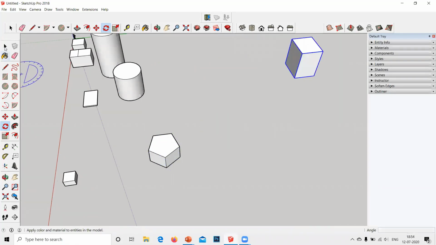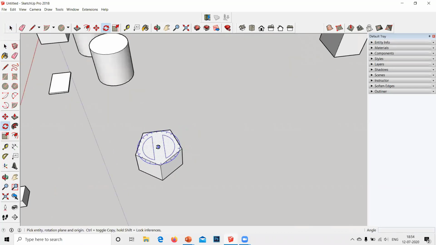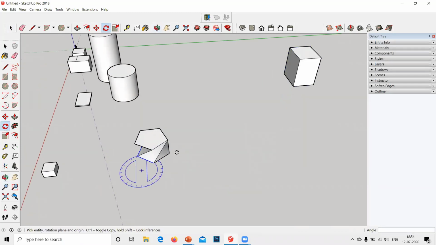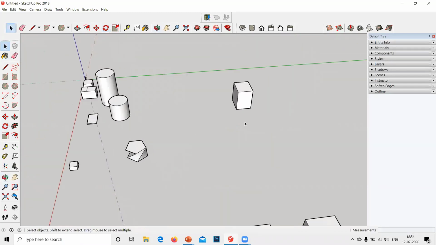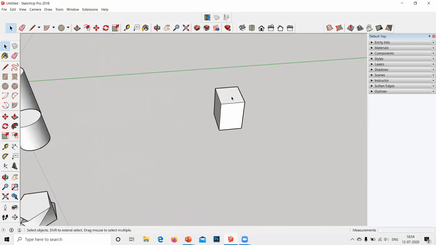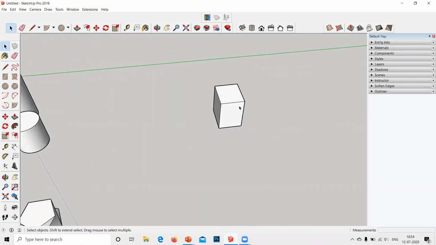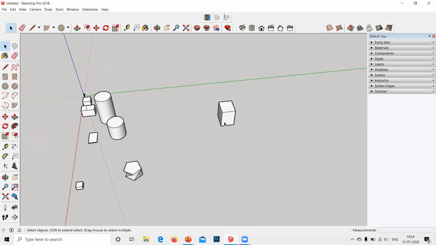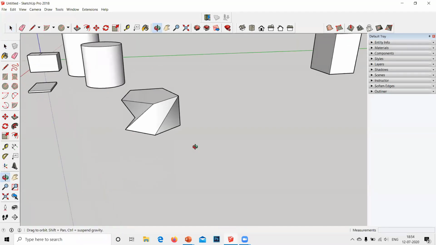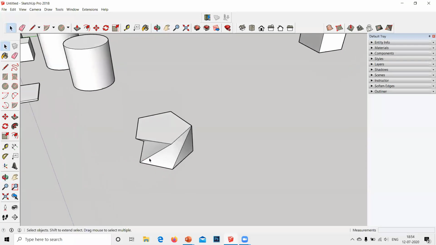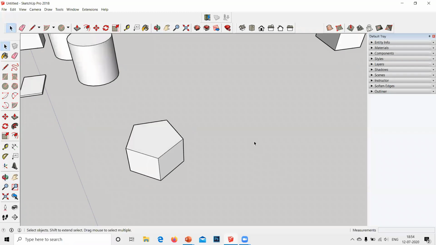Suppose I want to rotate this cuboid. Sorry, that was already selected. So you have to click somewhere else. Now I click on this thing. See what's happening? This cuboid was a group, right? This cuboid was a component. So when I rotated this whole thing, the whole thing rotated. But our pentagon was not a component. A pentagon was a differentiated object. Let's just Control Z, enter, and show you what happened here.